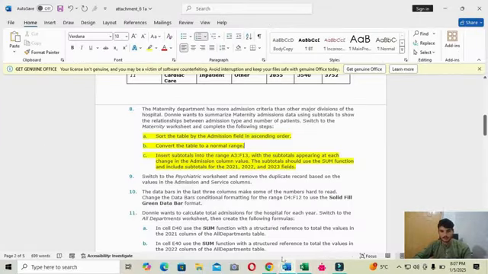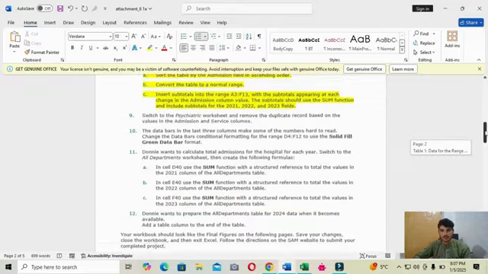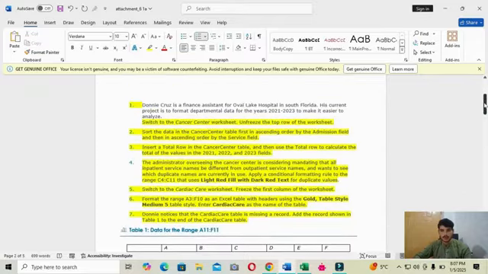OK. This assignment has 12 steps in total, but contact me on my WhatsApp number for the complete solution